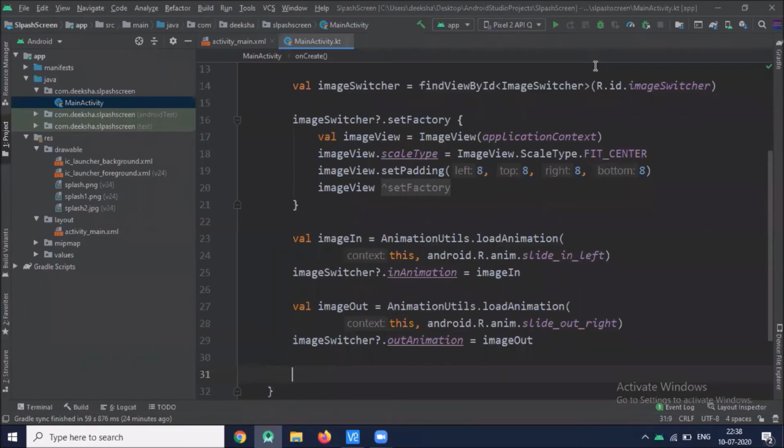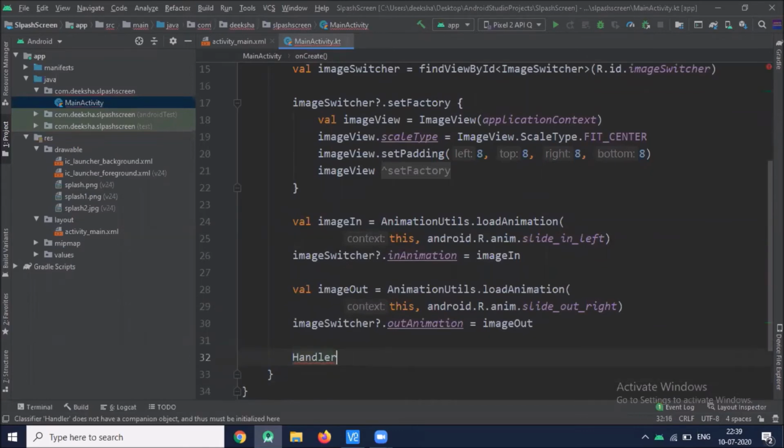Now we will be using the handler post method since we want our splash screen to show up in the current context itself. We want our splash screen to change after a few seconds.